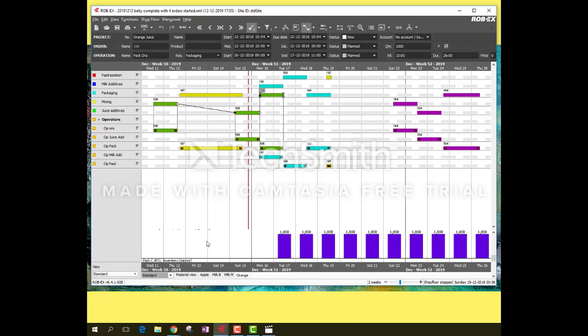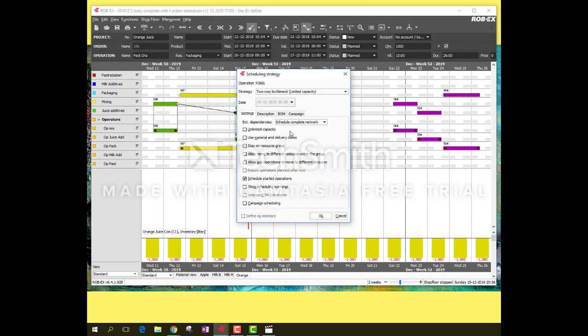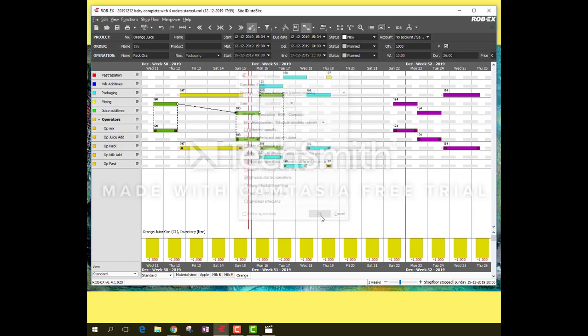So in this situation, let's first organize this so that things are more in order, so we can create a rescheduling of the operation. We see here that this mix orange is the first operation, and then it's this one, and then it's this one. So if we scroll a little bit to the right,